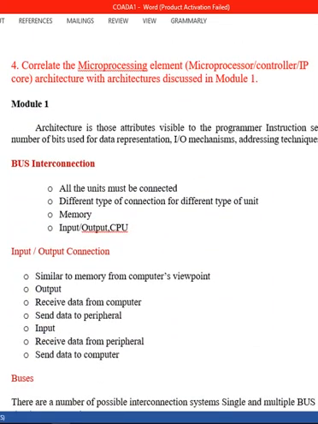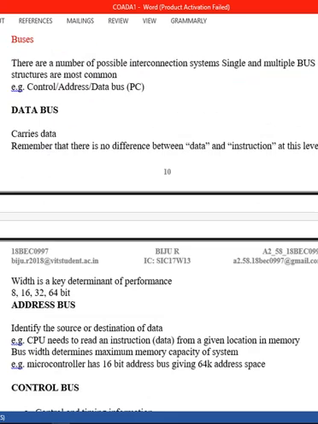This is the general information related to computer organization and architecture. Actually this is the microcontroller, and how it connects to the bus interconnection, input or output connection. These are all the basics of our computer organization and architecture subject, like how the ports are connected, the addressing bus, control bus and the memory. That's all the general information.